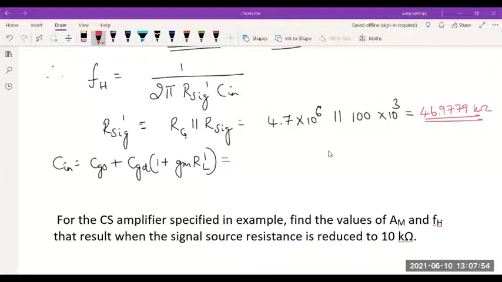Somebody is getting 97.916. Yeah, I think that is much closer, because 97.916 K. It should be closer to 100 K as I was telling, because this resistor is very large. This is in mega, whereas this is in K. So you'll get something closer to 100 K if I can approximate it. That's your verification. You should know how much it should be. You substitute this and find C in.